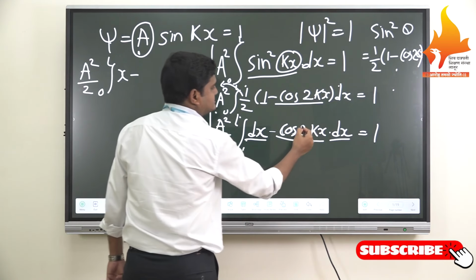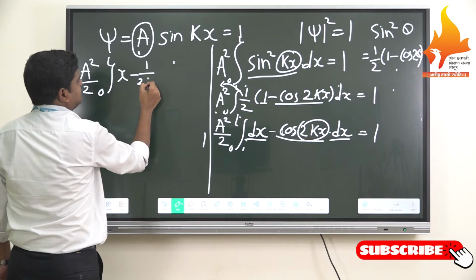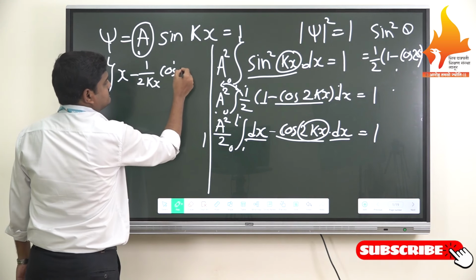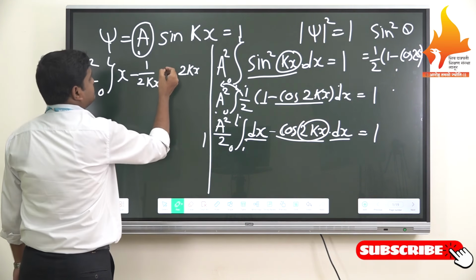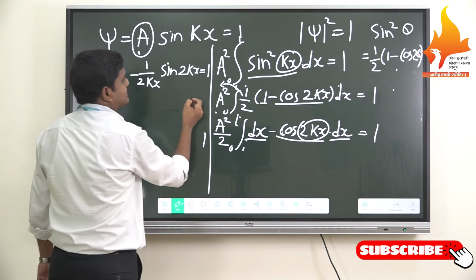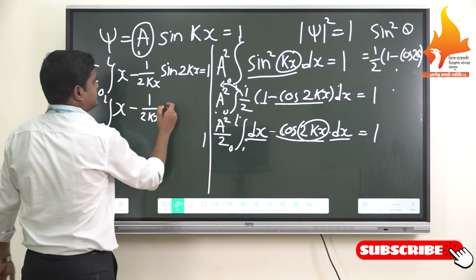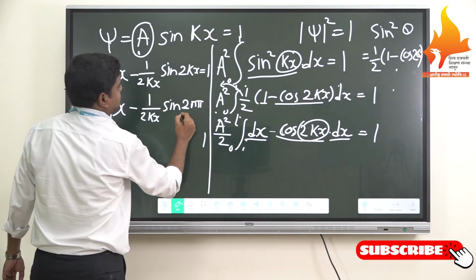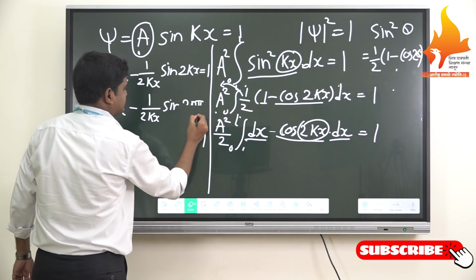which gives the constant term 2k, we have to take it under x, that is 2kx. Don't worry, this term will cancel out outside. So cos of 2kx, the cos will change to sine, by reverse chain rule, is equal to 1. Here we put the value of k in the box. The value of k from this equation is n pi divided by L or x. Let's take it as x, so the terms cancel out.